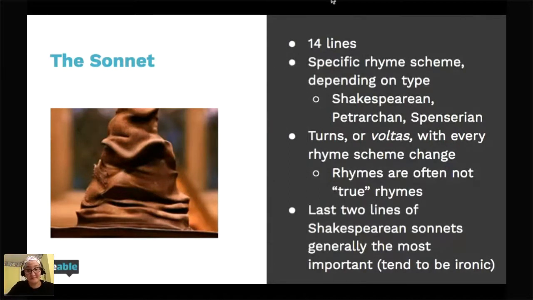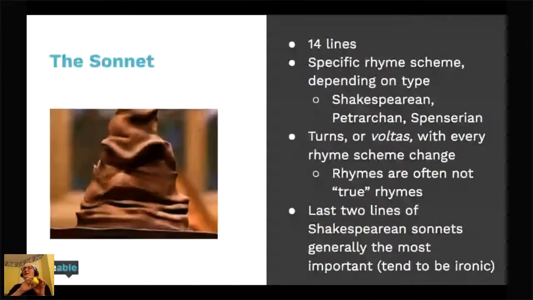Sonnet's my favorite. Not my favorite type of poem, but my favorite one if I ever see it on the AP exam, which they've done several times. I don't want to say easy, because easy is not the word. It's one of the ones that is easy to find the form. Maybe not to read, maybe not to necessarily understand, but easy to find the form because it is short and specific. So a sonnet, as a review, some of you know this, some of you don't, it's got 14 lines. So if you see a poem on the exam that has 14 lines, then it's very likely a sonnet.